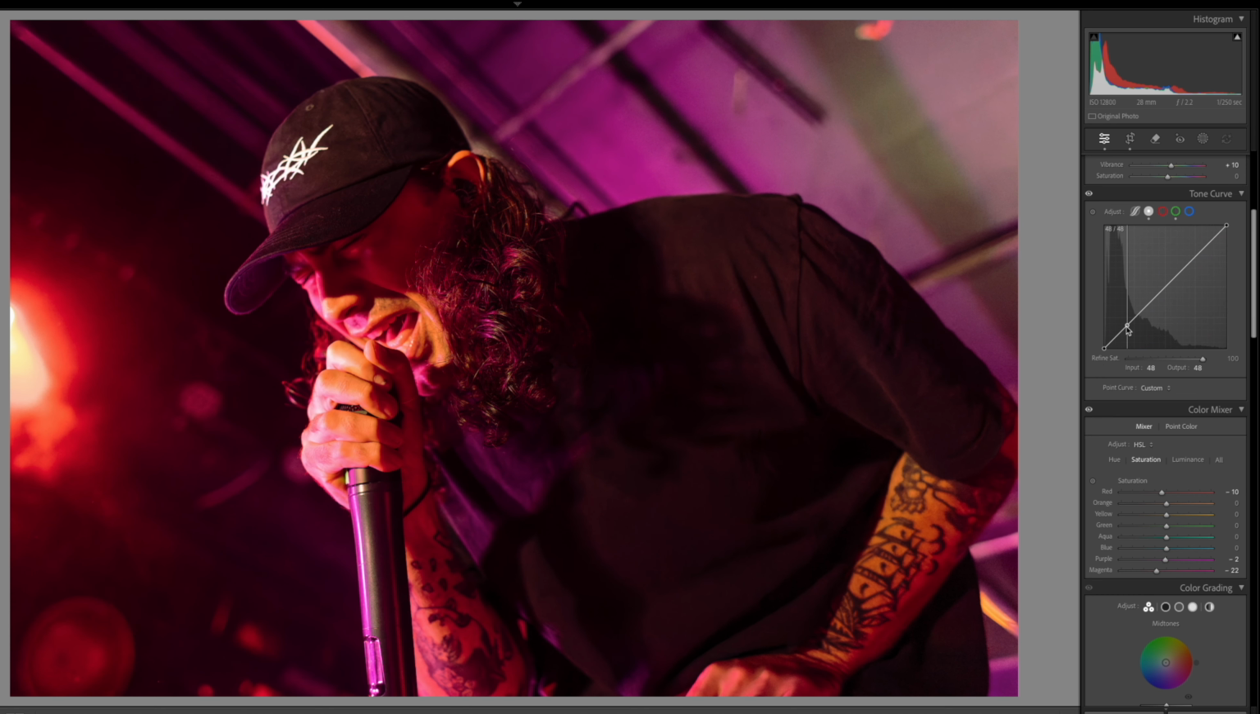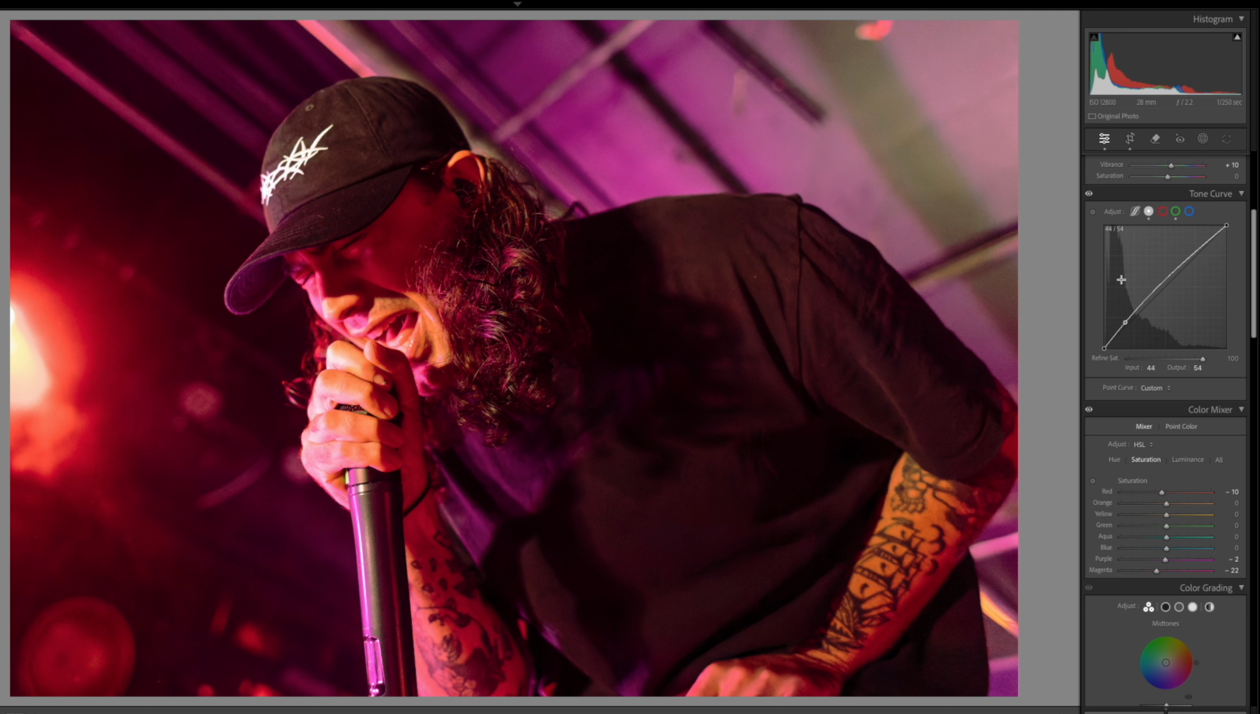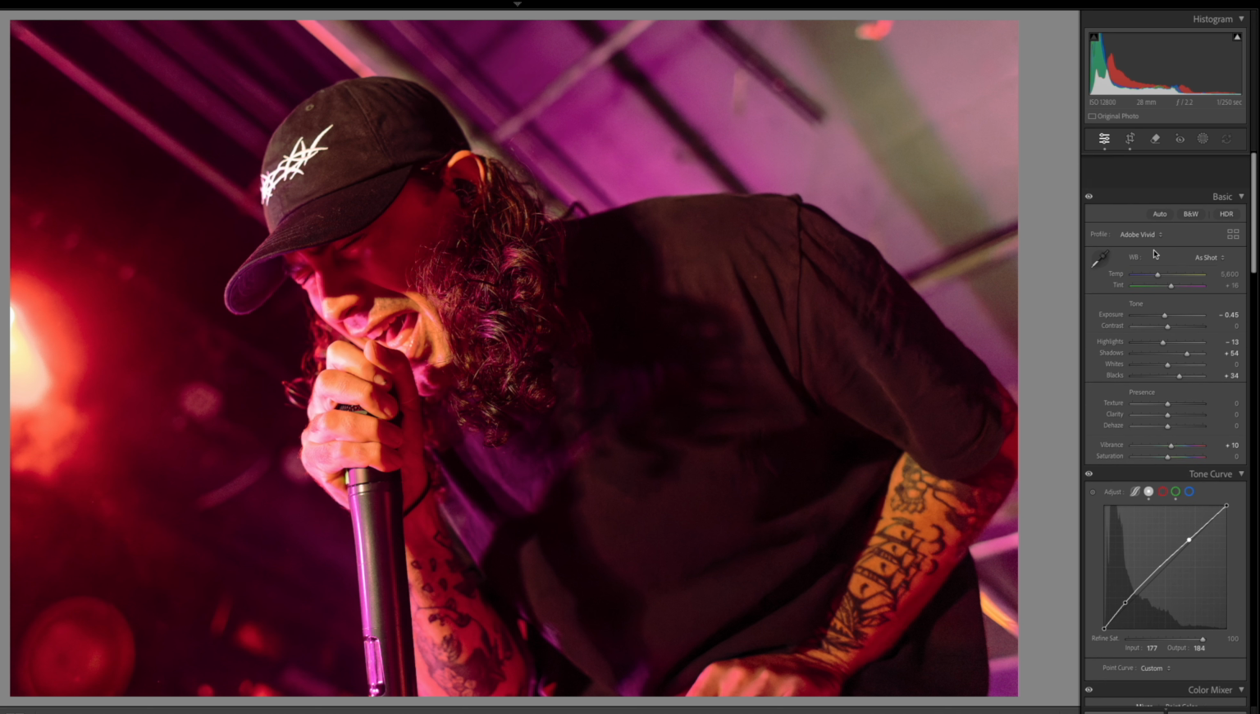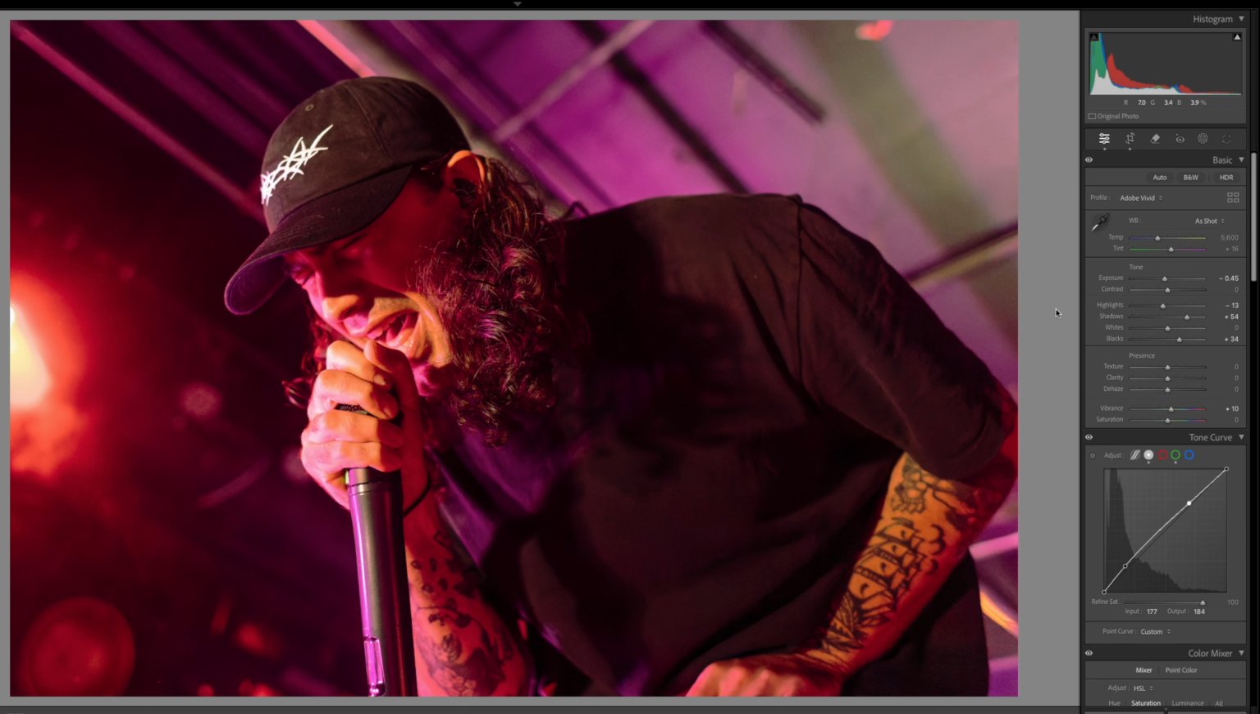I want to bring these shadows up even more. You can see on the histogram, fairly shadow heavy in this image, which, I mean, he's got a black shirt on, black hat, so there's a lot of darkness. That looks good. Now, I do want to fix this. This is kind of disgusting over here. But I have him pretty much where I want him, so